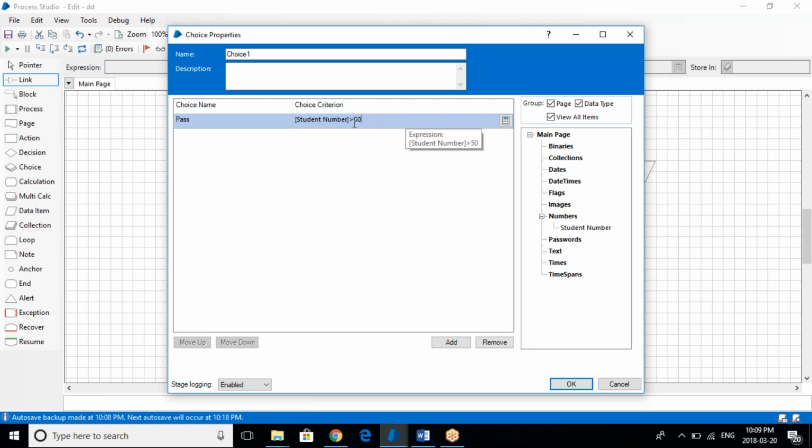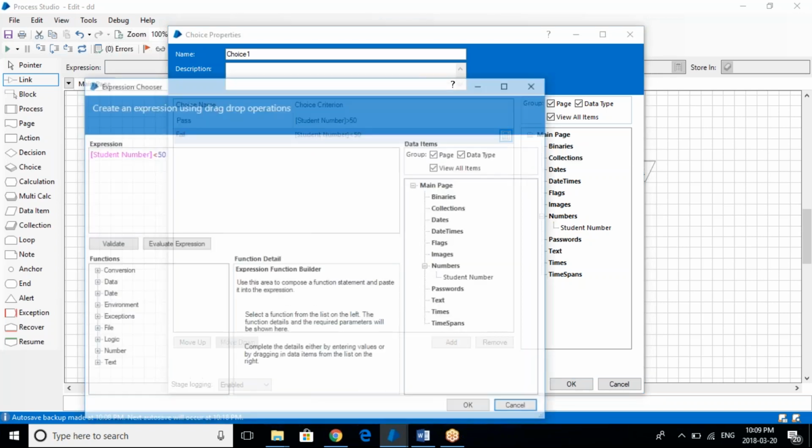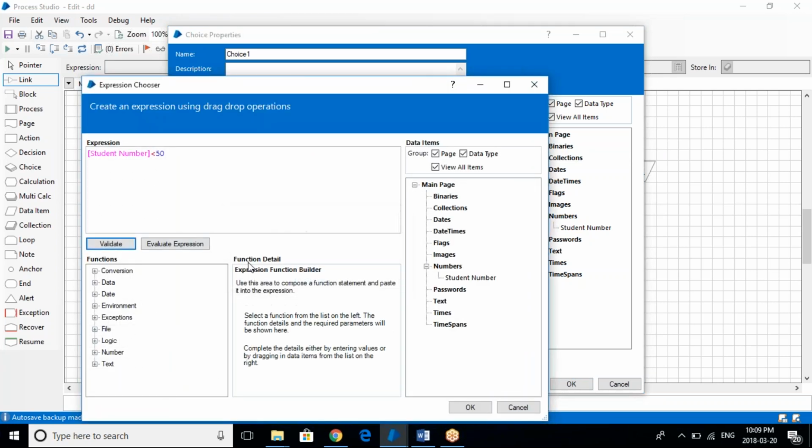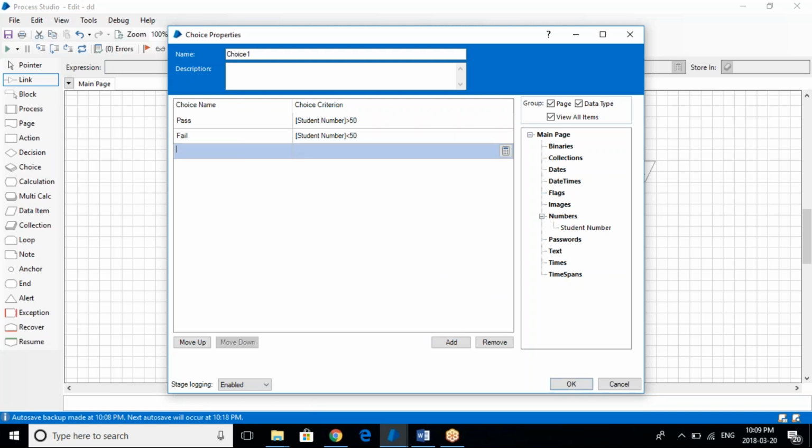After that, we will add one more choice, which is called fail, where we will select student number and say that it's less than 50. You'll always have this option where you can validate whether your expression is valid or not. Then you can add a stage here, which is called again